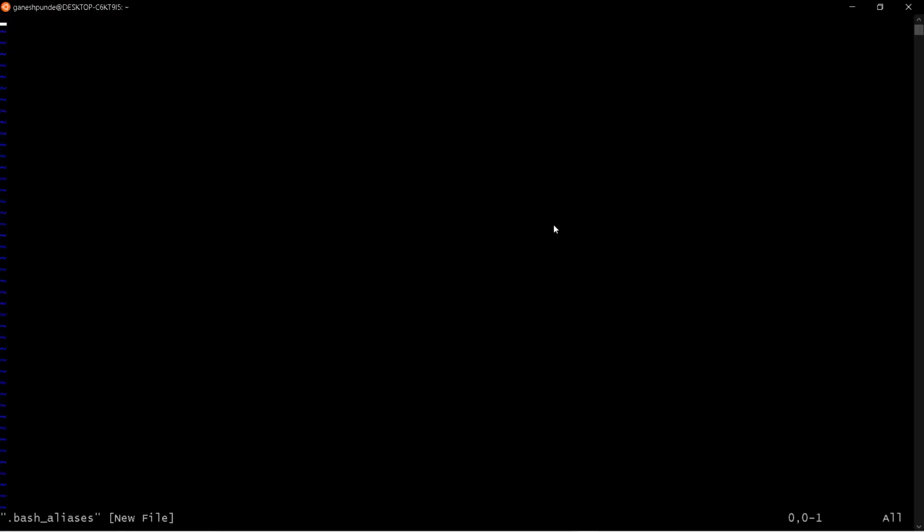And here, suppose I am creating the alias pc is equal to, and I am creating one more alias, let's say ct, which stands for calendar and date.